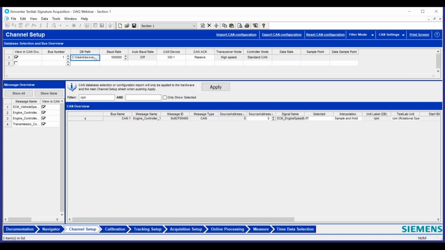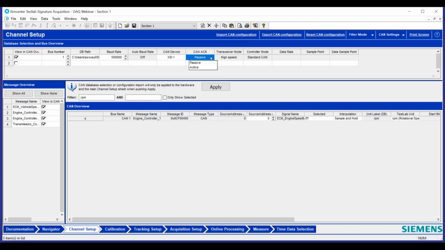It's a list of all the inputs and output signals that are broadcast on that CAN network, which stands for Controller Area Network. And it has all those signal names, scale factors, offset, default values. Basically, you need this information to read that CAN signal, to decode it into something meaningful for you to have in your result. So once you turn on your device, set your baud rate, browse to the path of your DBC file, make sure you have clicked on View CAN and Overview.